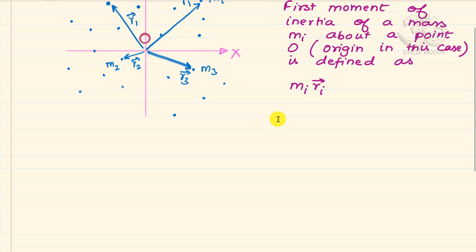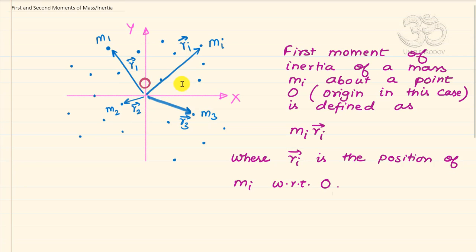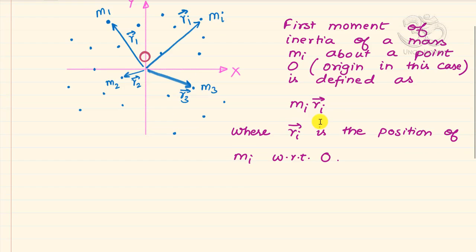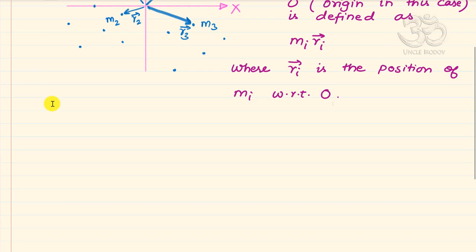where ri is the position of mi with respect to this point O, whatever it is. And in our example, O happens to be the origin, but O may have been any other general point also. And because I now know how we have defined the first moment of inertia of a single particle mass mi about a point O, I can define the total first moment of inertia of all these particles about that same point O. So therefore,